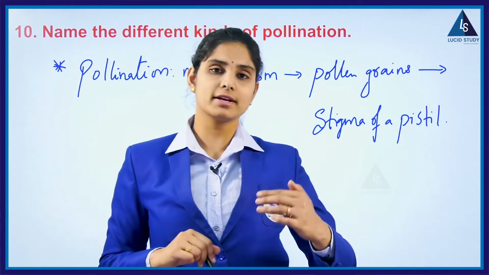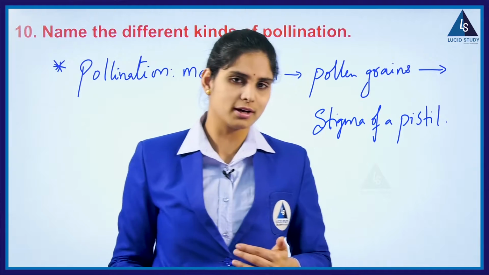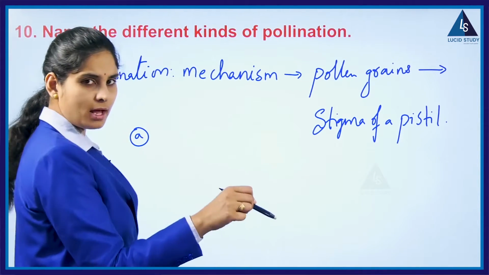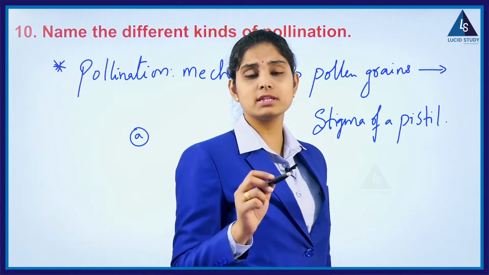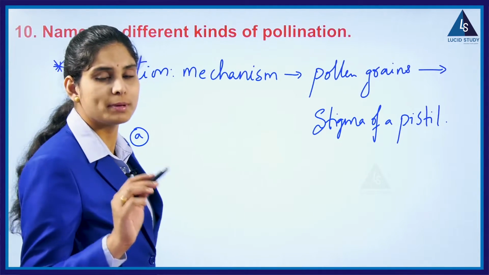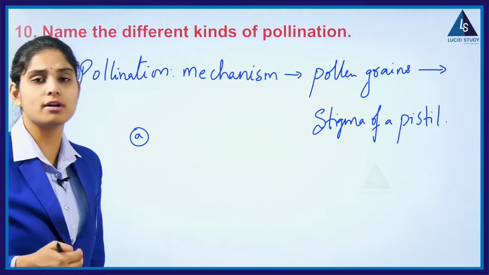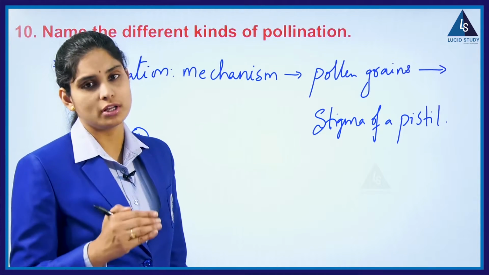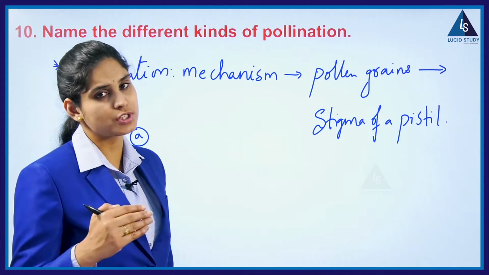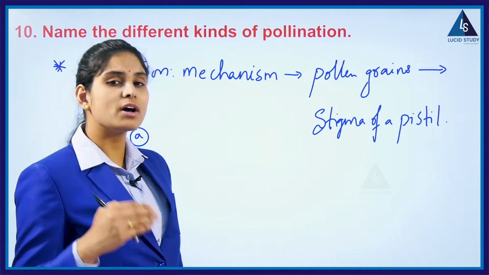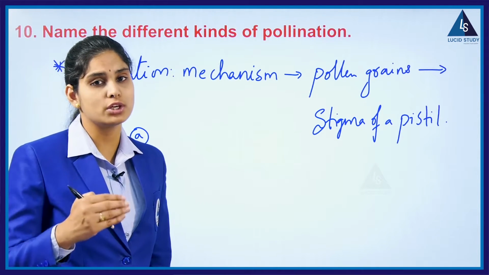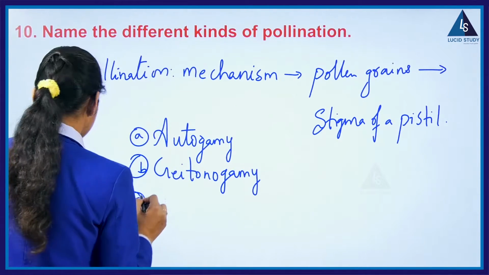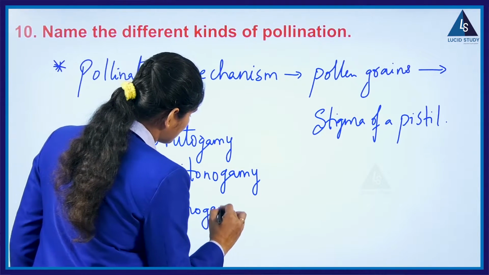Now this is divided basing upon how the pollination occurs. Now how, in the sense? Pollination may occur within the same plant, between 2 plants, or within the same flower. Exactly. So basing upon the type of pollination, or within which the pollination is occurring, this pollination is divided into 3 types. First one we say as autogamy, second one geitonogamy, and third is xenogamy.